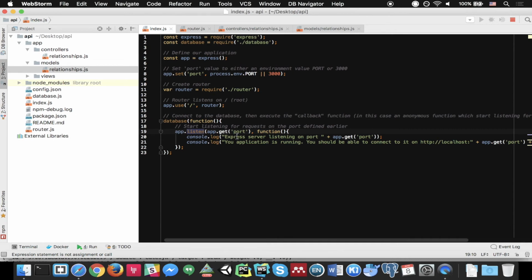And the way we do that is basically we start listening on a port that has been specified before. So app.get('port') will get this variable, which we have set here. And then once the server is actually listening, we execute a callback function and we print on the log that our Express server is listening on the port that we have specified and the application is running,